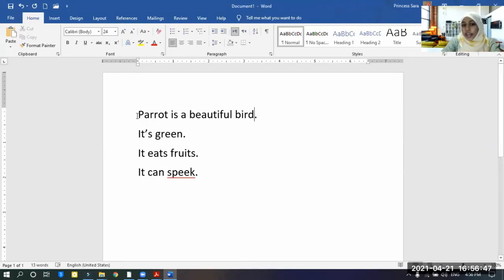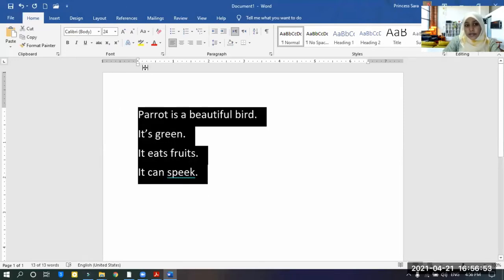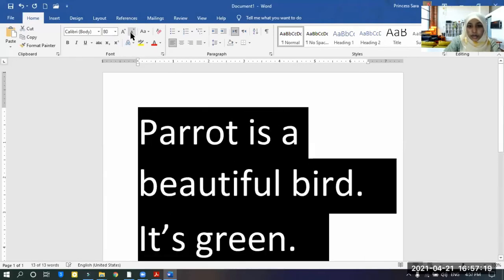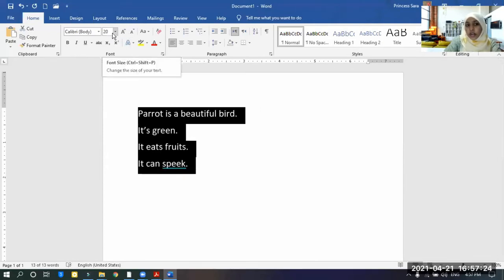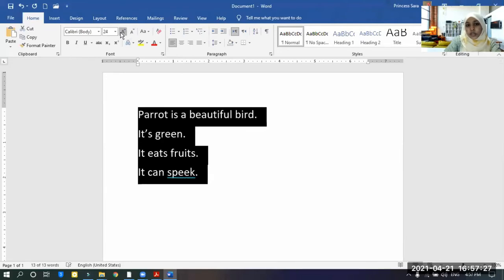Or else you can increase and decrease the size of the letters. Select like this. Now select the needed thing only. Whatever you want to increase the size of, select it. After selecting, you can use these things. There are two A's here, right? One A's arrow is going up, one A's arrow is going down. So this is increase font size. This is decrease font size. See what happened? Here it increases the font. Here it decreases the font size. So either you can use this one or you can use this. Okay? Understood?